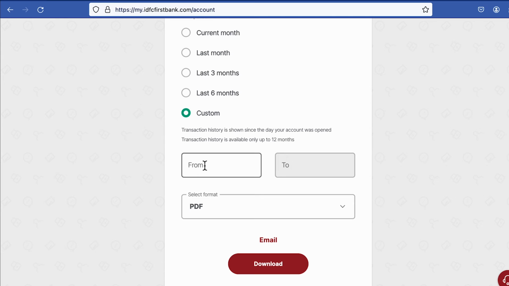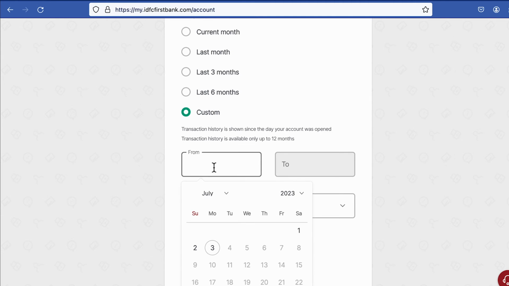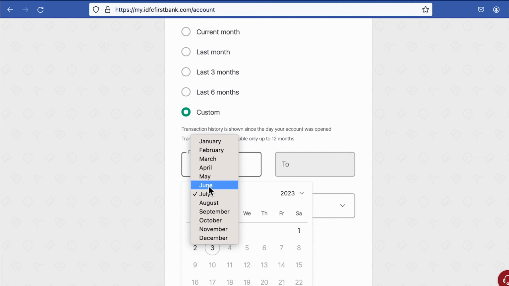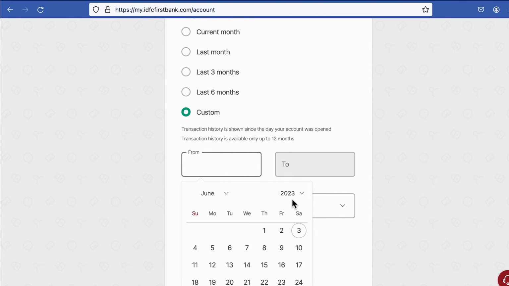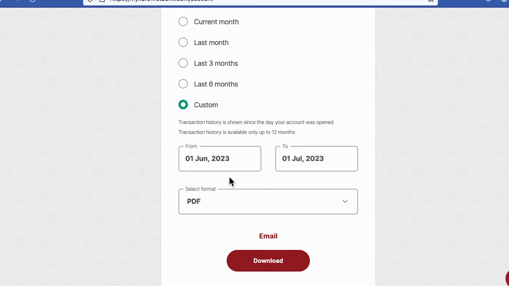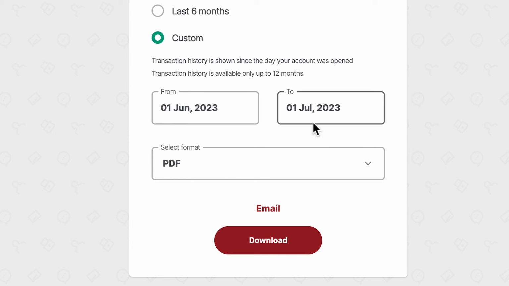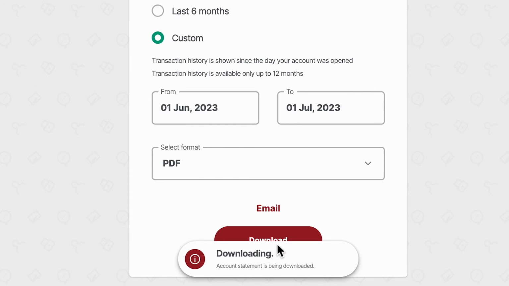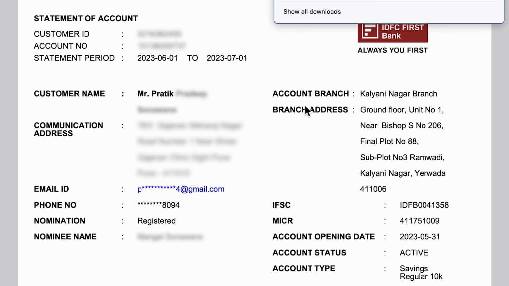So let's select any particular date for now. If I select from, let's say if I want statement from June, and in to I have to select July 1. So I have selected the custom date as per my requirement. After that, select download option, and once the download is complete, you can see we have successfully downloaded the statement,